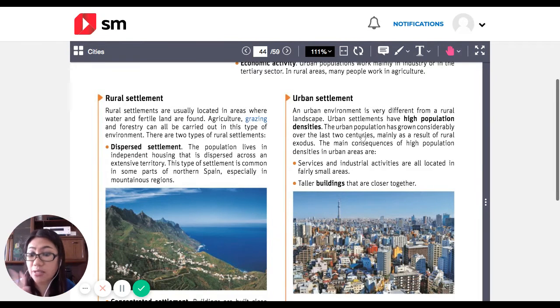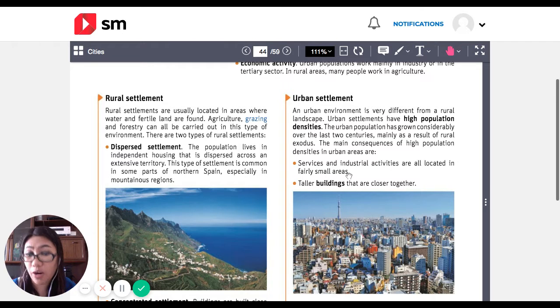When we say last 2 centuries, 200 years, because 1 century is 100 years, okay? Mainly as a result of rural exodus. When we say exodus, departure, or people from rural area leaving or departing from the rural area to the urban area. Okay? The main consequences of high population densities in urban areas are: first, services and industrial activities are located